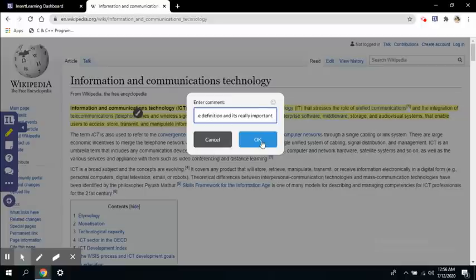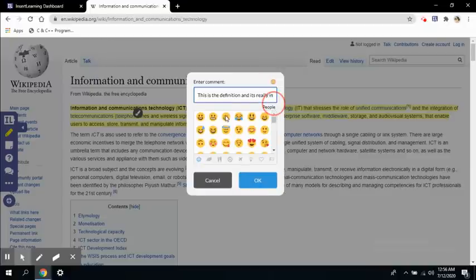Okay, and also you can add some smileys if you want to. Okay, let's add a smiley here, or you can add anything from a lot of emoji keyboard available here. All right, so let's click OK.